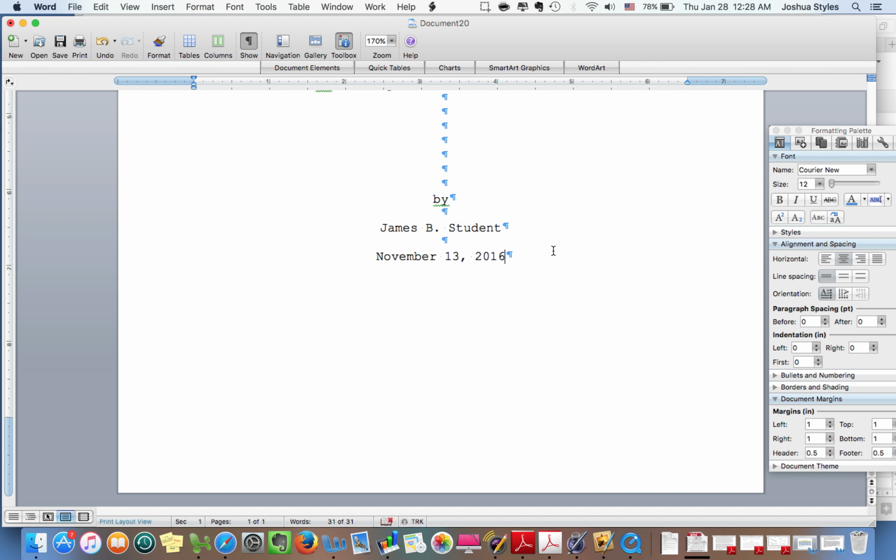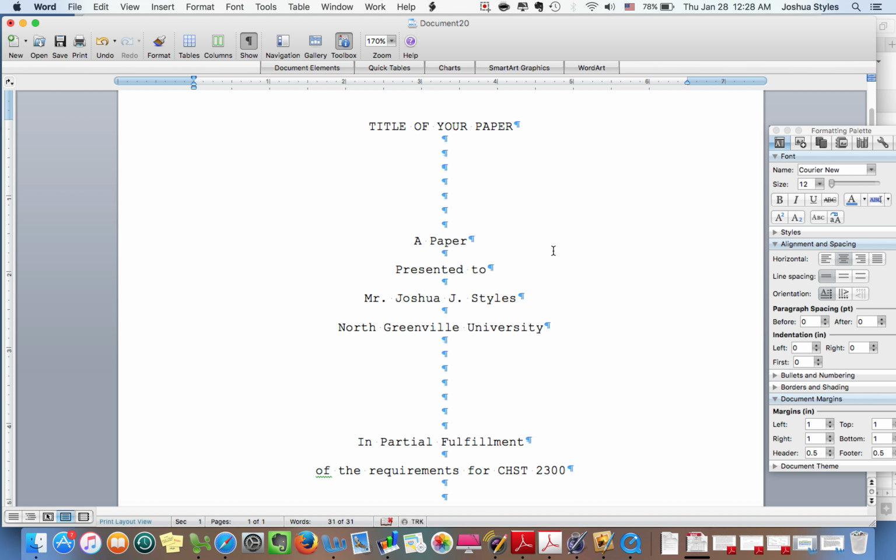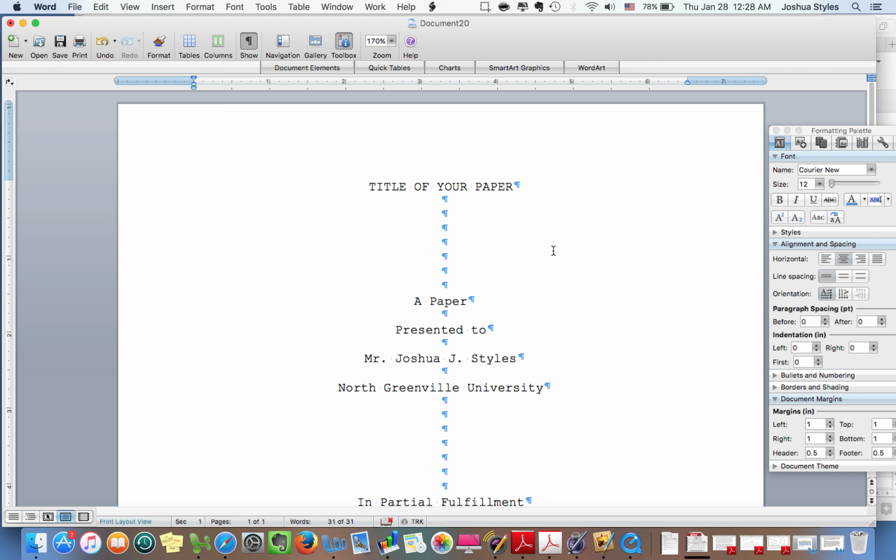Style, the College of Christian Studies Manual of Style, it actually explains to do this first. What I have found is that it's easier to do this at the end, because what you want to do is set the margin of your title page, and this will be the case for many initial parts of your papers, this will be explained in other videos. The title of your paper is going to be at basically the 2-inch margin. And the way that we instruct you to do this, there's actually two ways, and I'm going to show you both. The first way that you can get the margin correct for the title of the paper is to